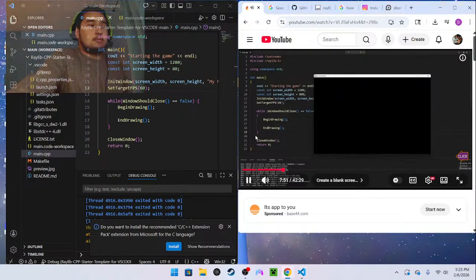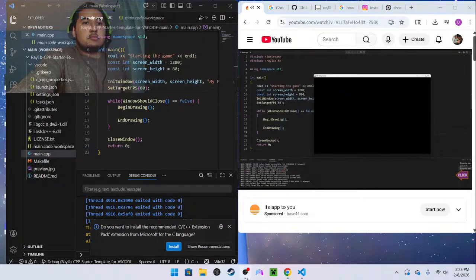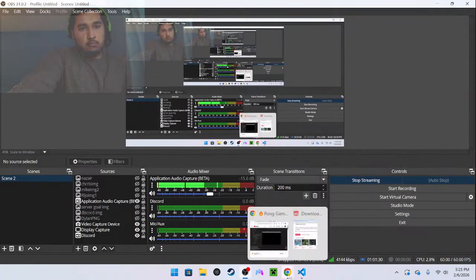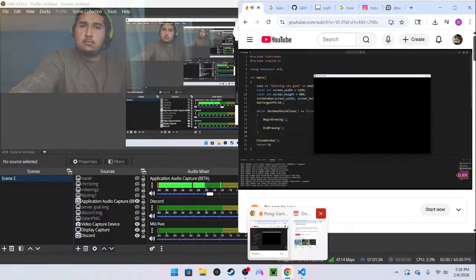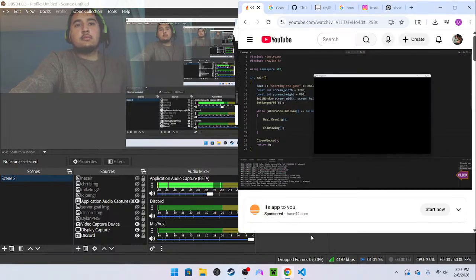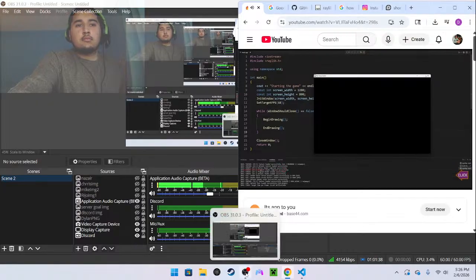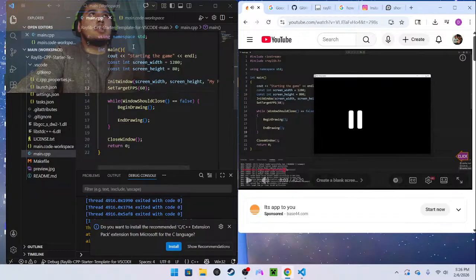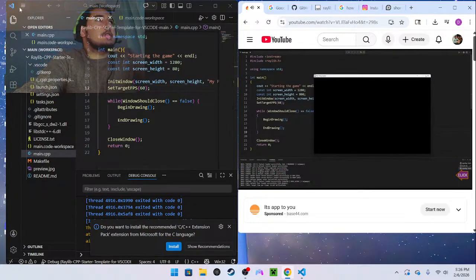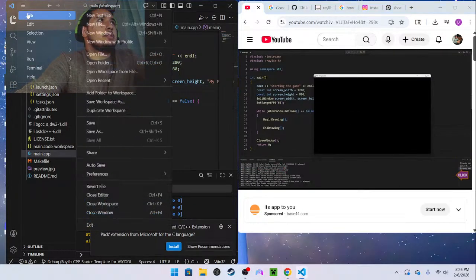We haven't drawn anything yet, but the important thing is that we can see the game window with the title and the dimensions we defined, and that we can reliably close the game, either by clicking on this X. Oh yeah, let me run it. You always got to test these things out so you know everything's working fine.